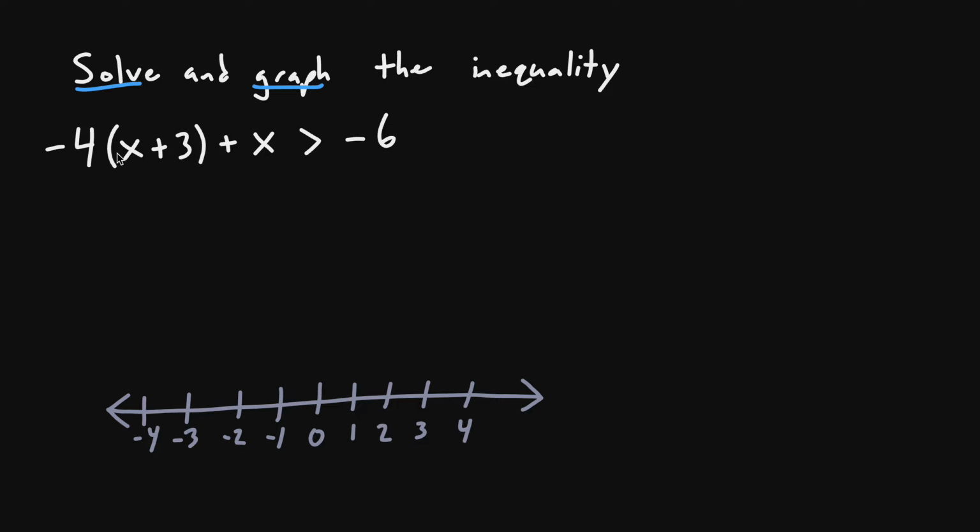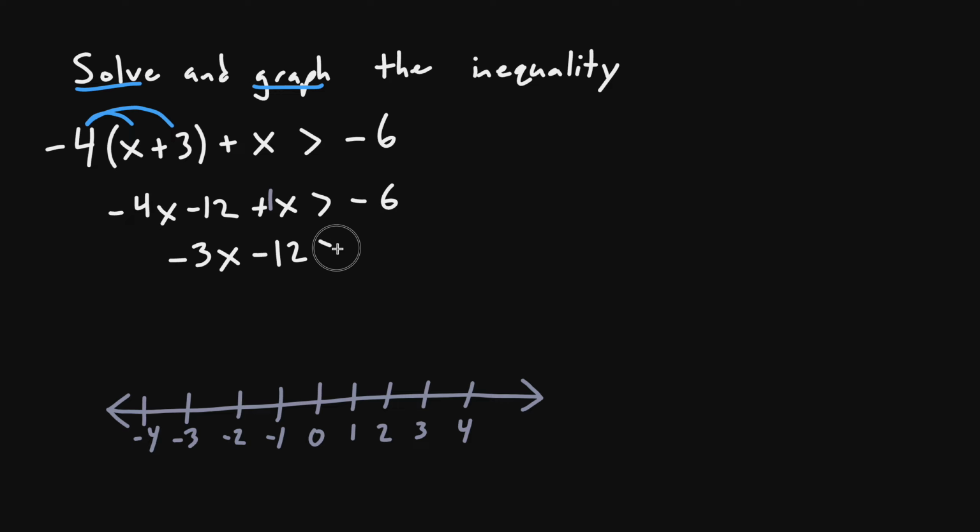So we're going to start out sort of normally. I don't like these parentheses here, so I'm going to get rid of them by distributing the negative 4. And that's going to give us negative 4x minus 12 plus x is greater than negative 6. Okay, that's fine. We can combine like terms here. The negative 4x plus, here's an invisible 1x. Negative 4 plus 1 is negative 3. So this is negative 3x. The minus 12 sticks around,